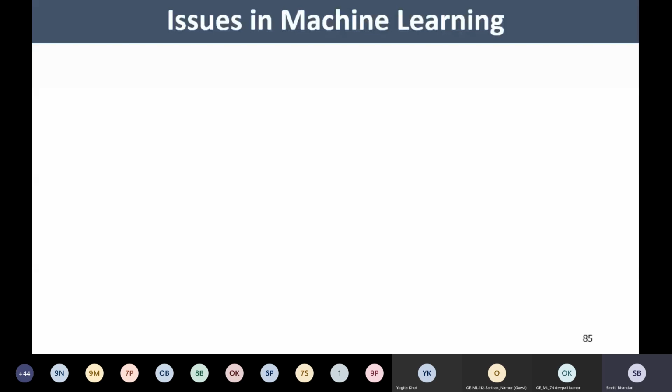Now let's proceed with a few issues in machine learning. As we have gone through lots of basic, fundamental concepts related to machine learning in this unit number 1, we have some issues in machine learning that we would like to answer. During this course, whenever we learn various different kinds of algorithms, we are going to comment upon or find out the answers to these issues.